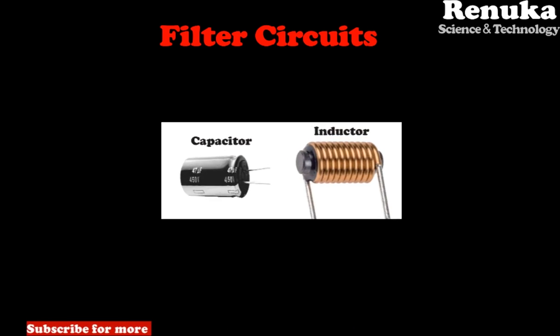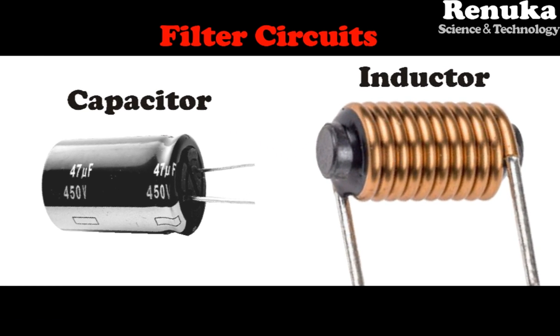Using the filter circuits, the unwanted AC is removed. Filter circuits are used to block the AC and to allow the DC at the output. Therefore, a filter circuit is necessary after rectification. The main components used in filter circuits are capacitor and inductor. These two components offer reactance to AC and DC components depending on the frequency. By using these two components alternately or in combination, we can construct filter circuits, and using this filter circuit we can get pure DC.